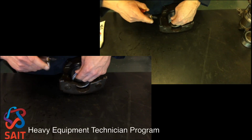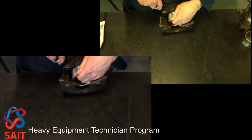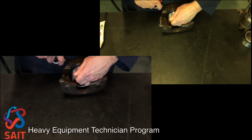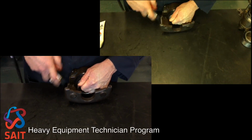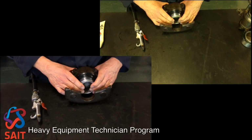And I'm going to hold the piston up against the dust boot, trying to create a seal there, while at the same time putting 40 psi or thereabouts, just slowly throttling the trigger on here to get some air pressure in there, and try to blow it up like a balloon. And basically, like that. We wanted to inflate the dust boot so the piston can be shoved through the dust